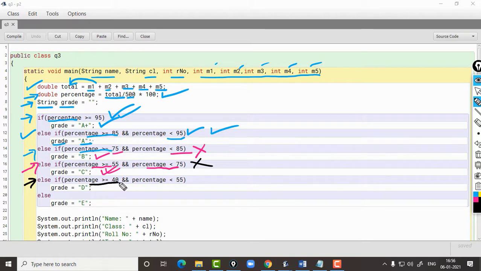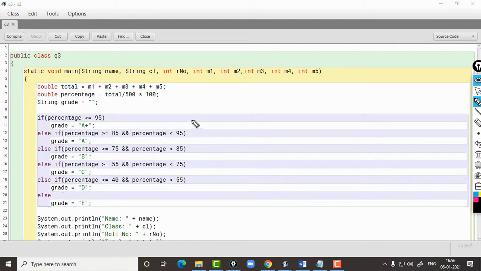If percentage is greater or equal to 40 and it is less than 55, then D will be assigned to grade, and if all the conditions fail, E will be assigned to grade.